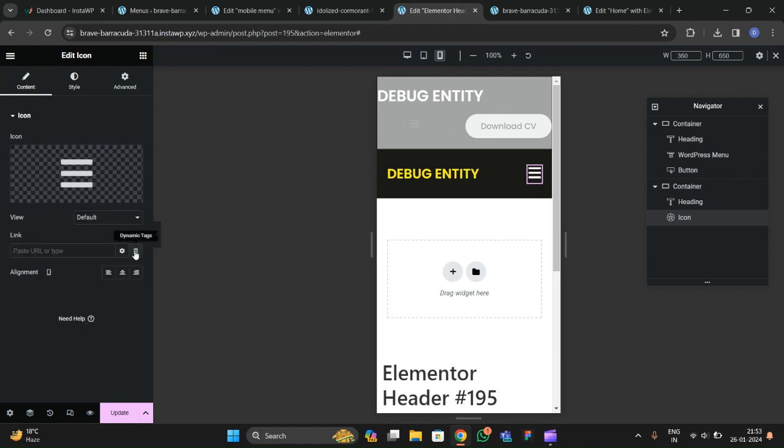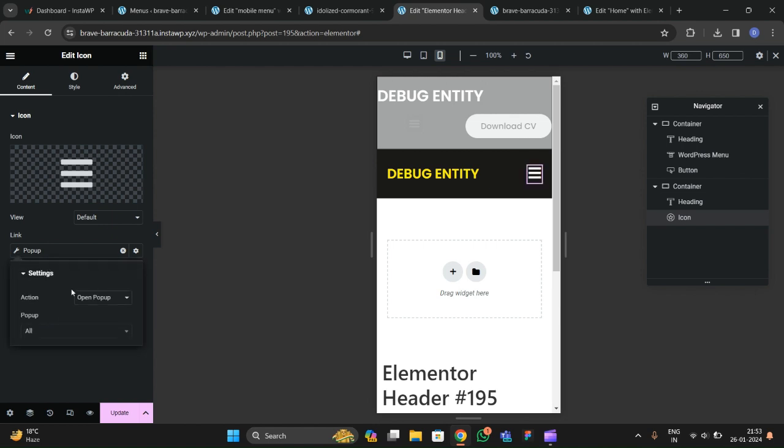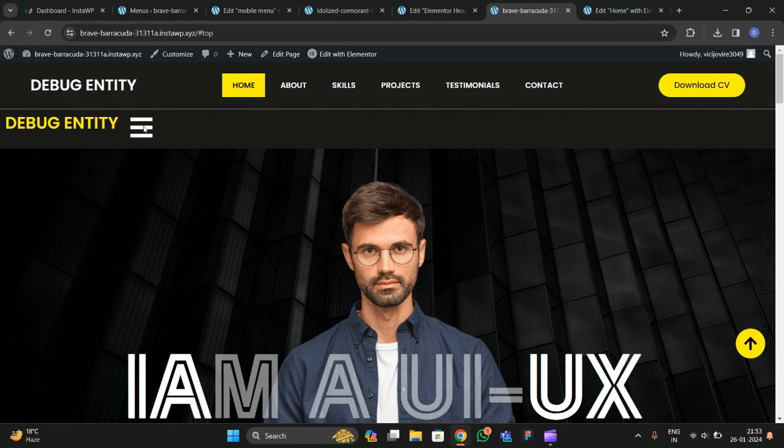So go to this Elementor links, and from here go to the dynamic tags, and here choose the pop-ups. Then go to the settings, and from here search for the pop-up slider mobile menu. Okay, just update. Okay, so let's refresh our front end, and here you can see that it is rendered here,